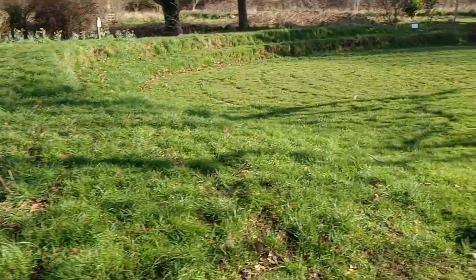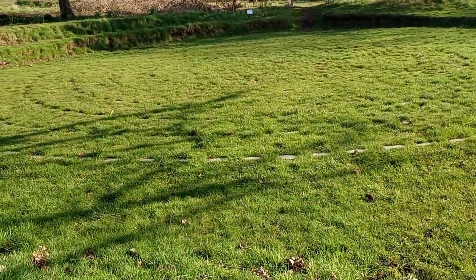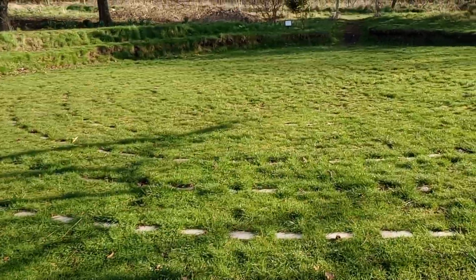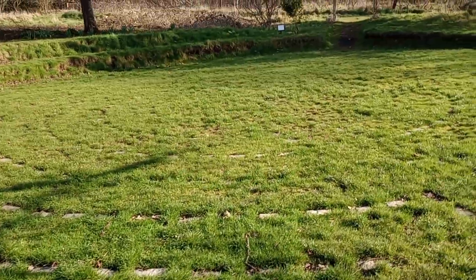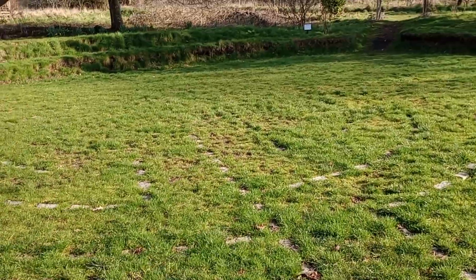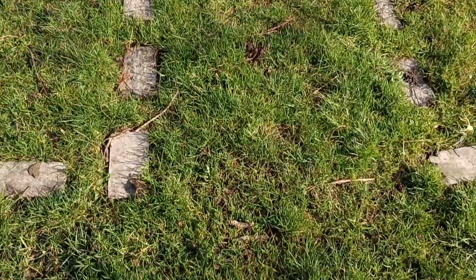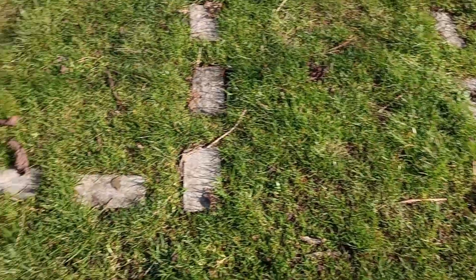And this could well be the labyrinth, which is not quite as imposing as Hampton Court, but it clearly is a labyrinth. I think it could do with a little bit more building up. So here is the entrance by the look of it. The bricks go all the way around. It's a circular labyrinth. I'm not going to propose to solve it,